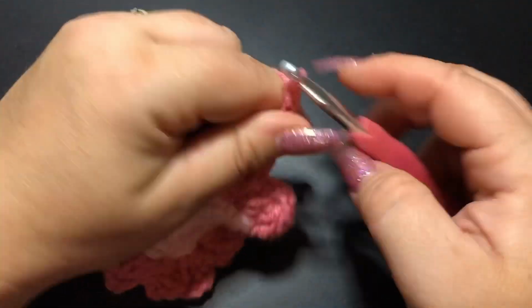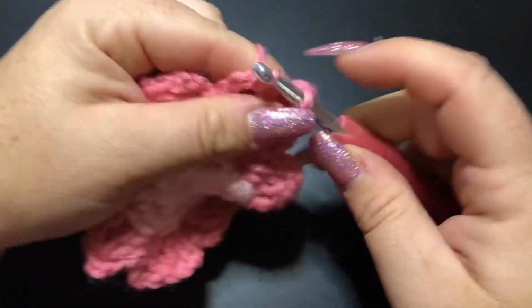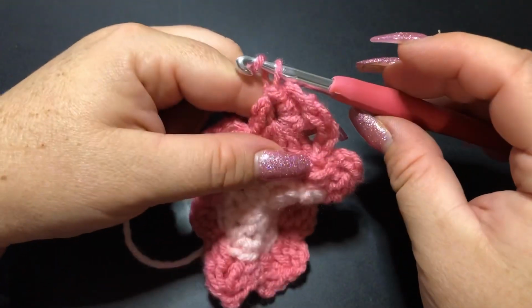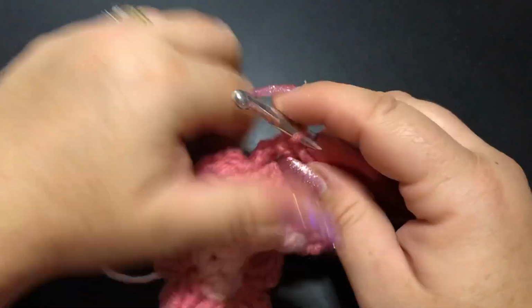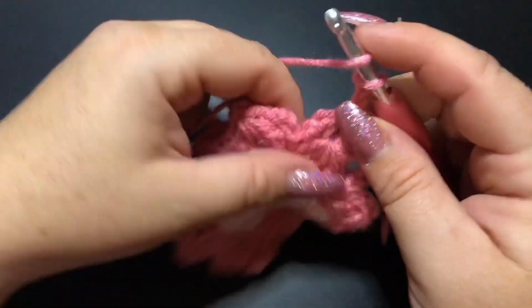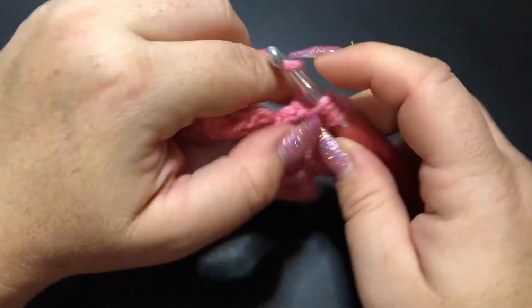Then I'm going to chain 2 and slip stitch into the same stitch. Okay, so that's the start of our round. Now we'll begin what will be our repeat. So we chain 3, double crochet 2 together in that same chain 1 that we've been working in, leaving 3 loops on the hook